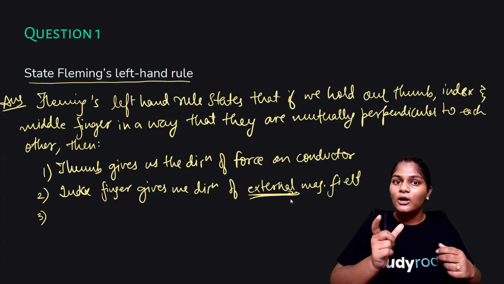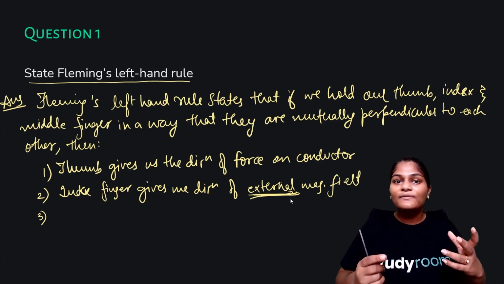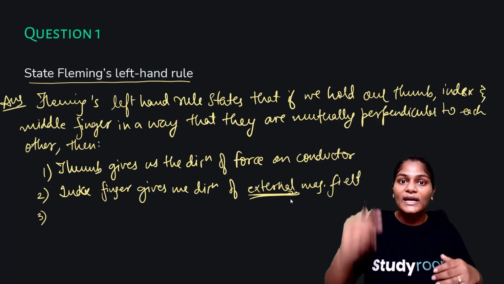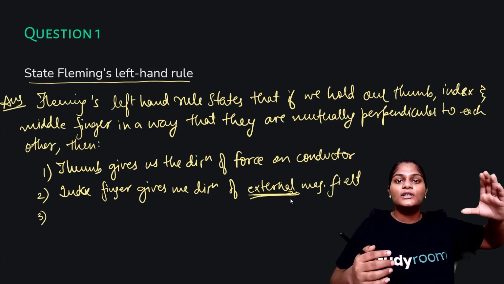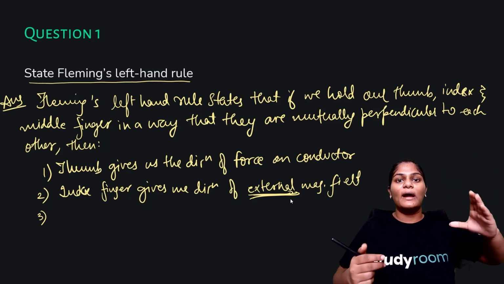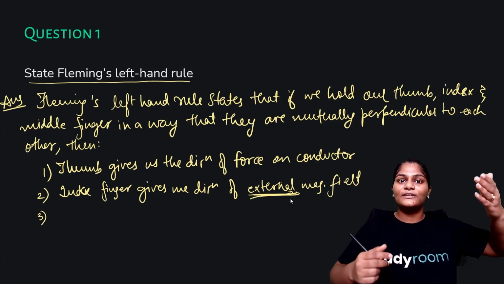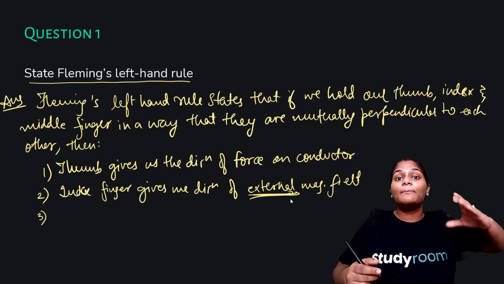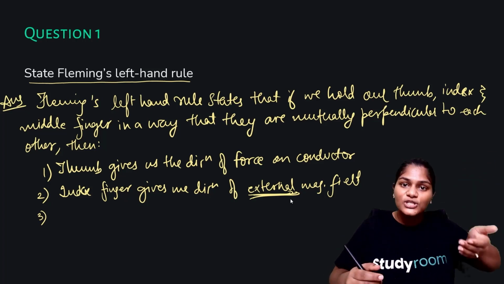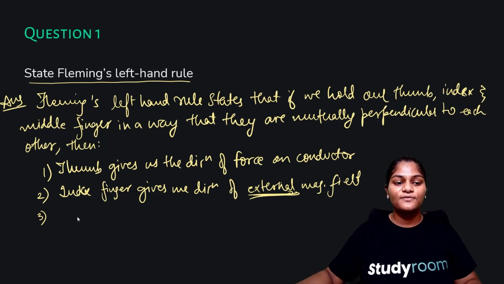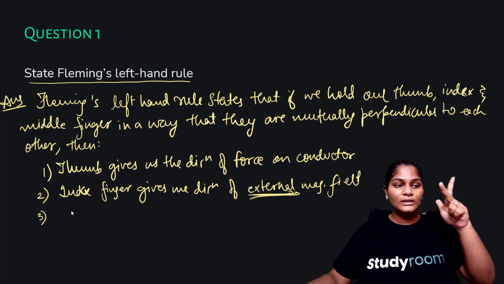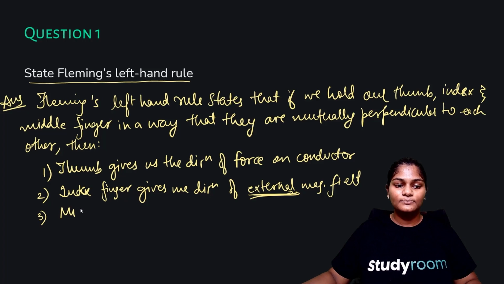We are not talking about the magnetic field of that current carrying rod. We are talking about the magnetic field of any other source, like a horseshoe magnet. So it's an external magnetic field, meaning the magnetic field is being supplied from outside. So the index finger gives me the direction of the external magnetic field, and the middle finger